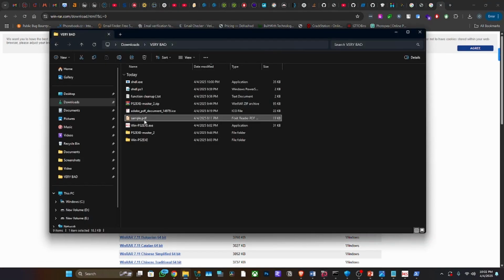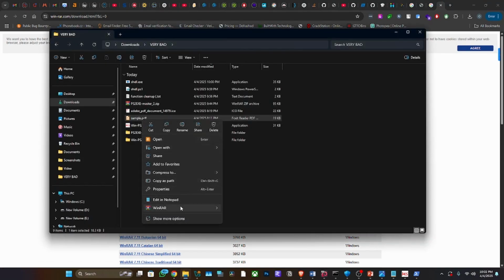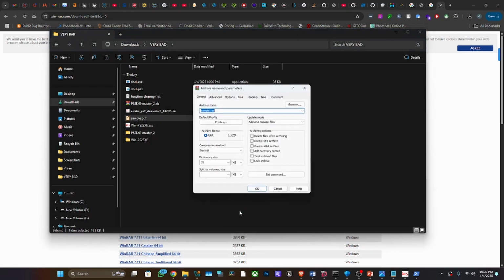So you come down to this PDF here. You right click here, take WinRAR, add to archive. So we are going to make it look like it's a PDF file. Okay, make it look legitimate. So we can just call it a bank statement, bank underscore statement dot PDF dot rar. So I'm doing what they call a double extension, meaning that if the user will see a